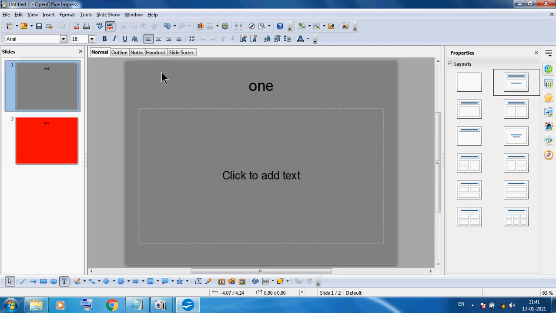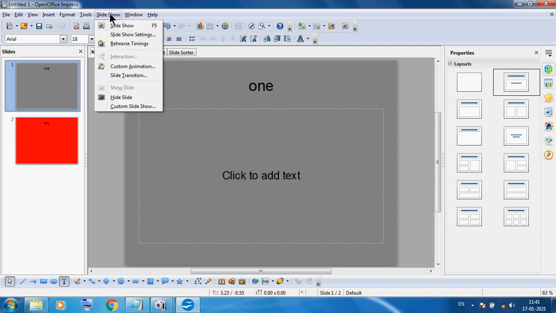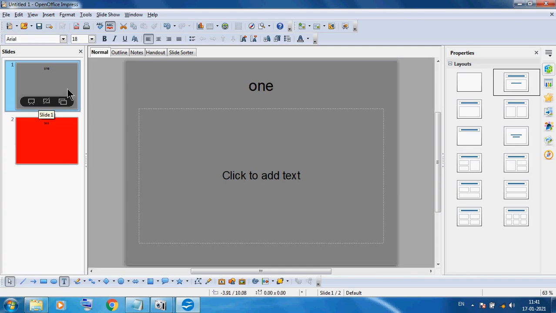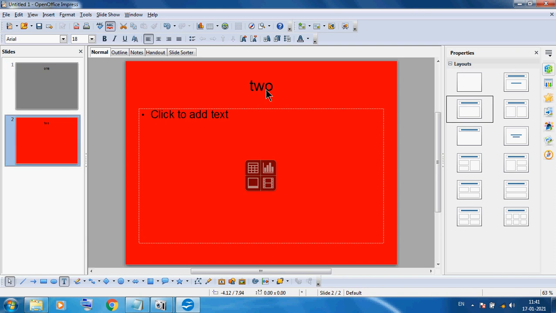Okay, so you can see this is our slideshow option. Now you can see our rehearsal timing option. Here I am clicking on this. In the bottom you can see 1 2 3. Just click on this. This is our second slide, and the second slide's rehearsal timing will be recorded. Okay, 1 2 3 4 5, and click on this. Okay students, so our slide becomes a video. The first slide stays for 4 seconds and the second slide will stay for 5 seconds, so our total timing is 9 seconds. This is our rehearsal timing.